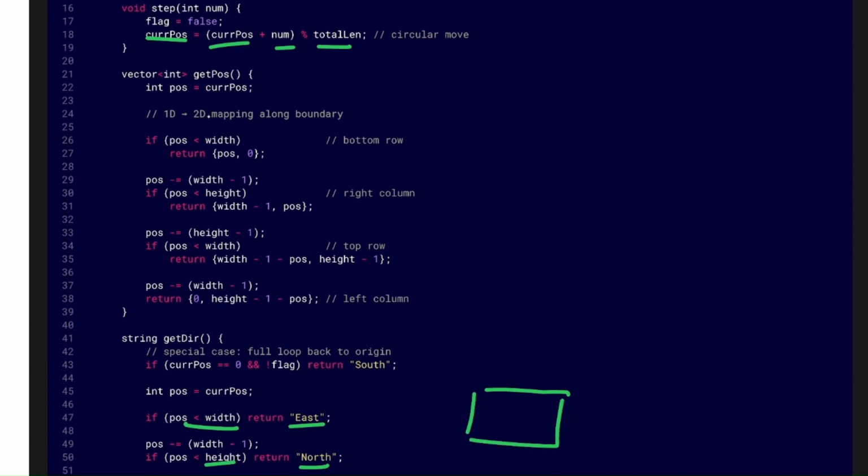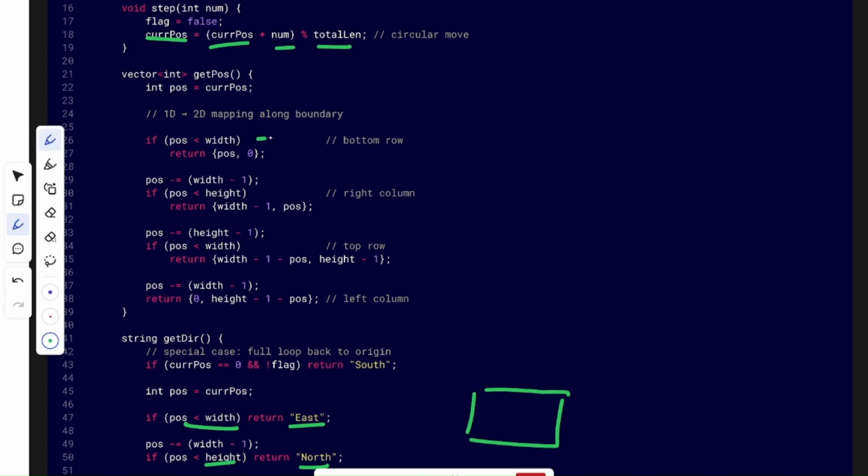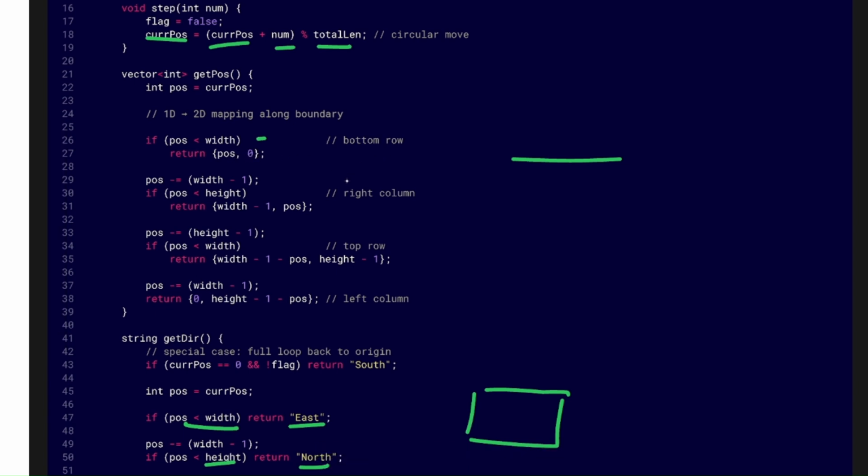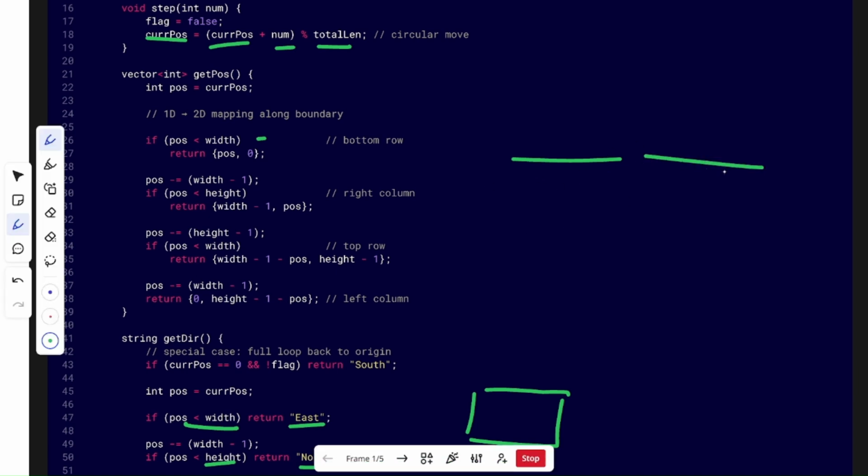And for the position, we are just checking if position is less than width, which means it is at the bottom. We are returning bottom position comma 0, the bottom row. And if it is not inside this, then it lies inside the second part.